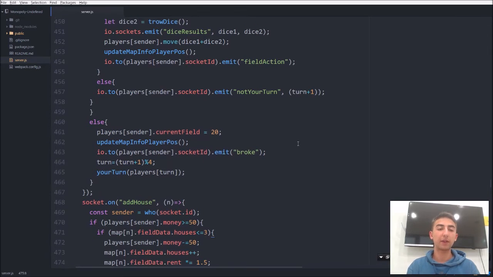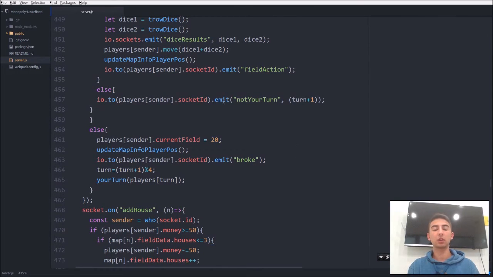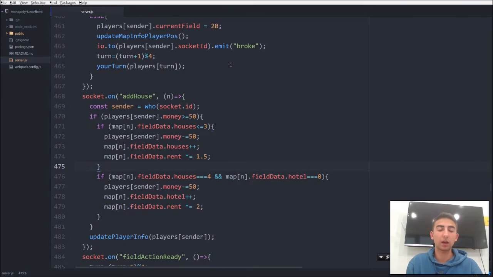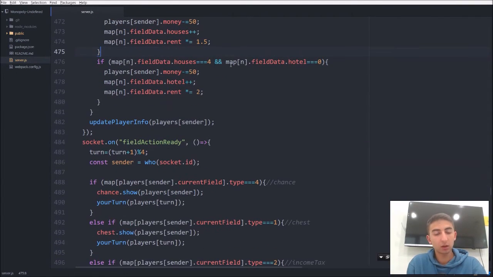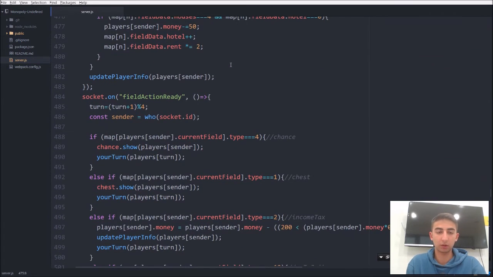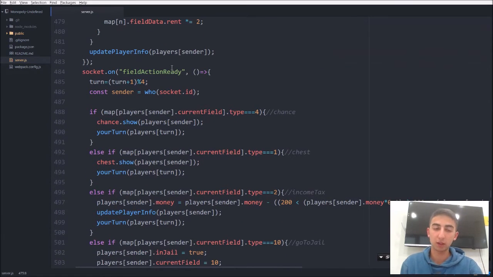Okay, I forgot to say that whenever our player moves, we are going to tell the client that you have already moved, but now the field that you are in has to function. It has to do some action. So we ask the client, are you ready to see the action of the field? If the client responds with field action ready, we are going to give the turn to the other client,